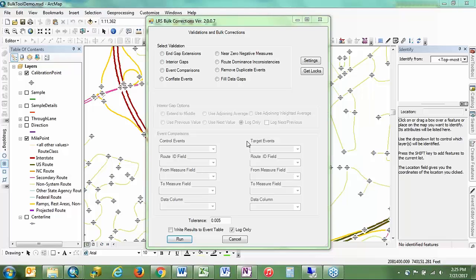So here's what the bulk tools look like. Just to say it one more time for the webinar, you'll probably hear it a couple more. This is a tool for a power user. Wouldn't give this to the person you just explained what a route is yesterday. Like this is for, I would say, a seasoned analyst.